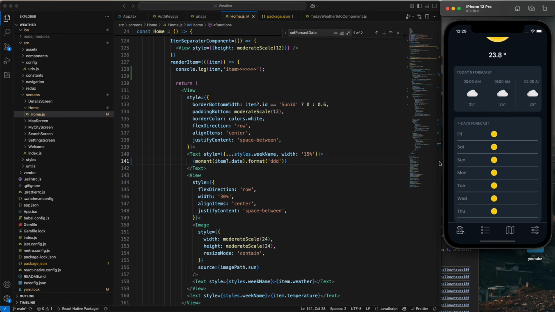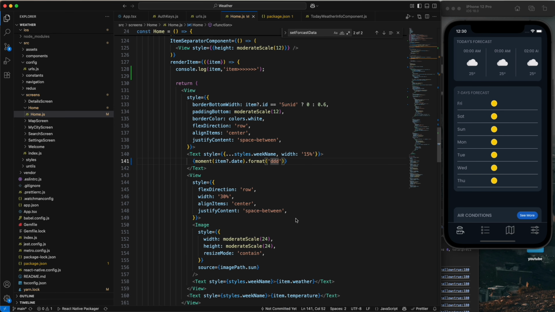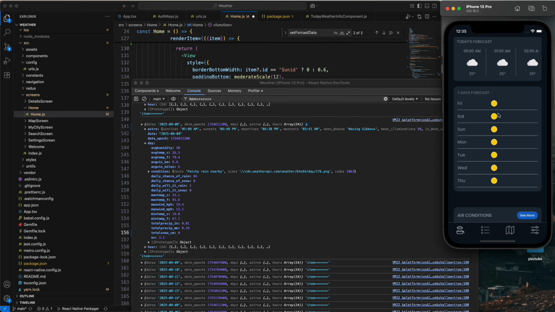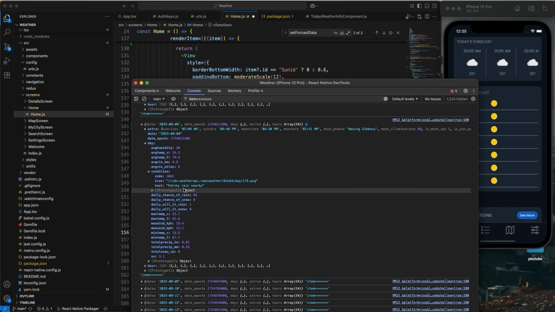So now we can see, and if I type four D, we just see the full day names. Now the weather is rainy or not. So for that we have a condition. Inside the condition we have an image also. Let me show this image also. Let me copy this image, and just copy the image